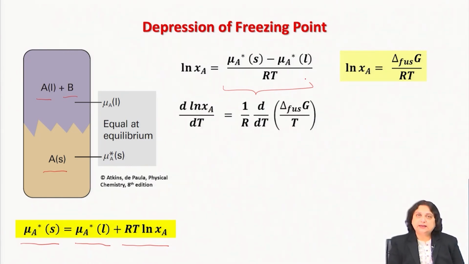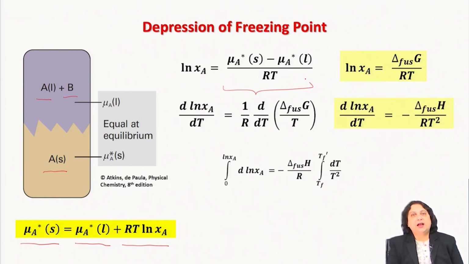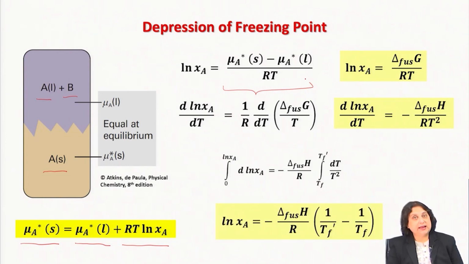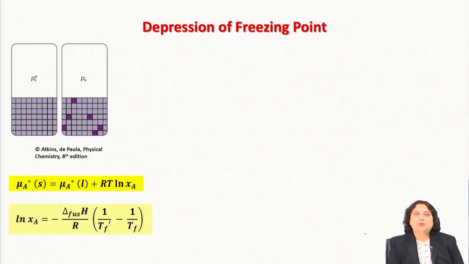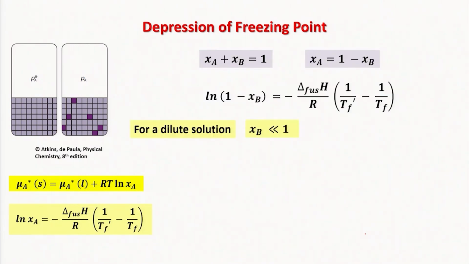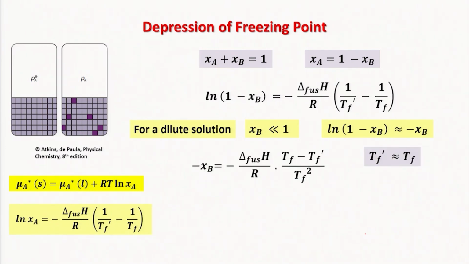And then if I take the derivative with respect to temperature and do an integration, what do I get? I get that ln XA is related to this ratio, and Tf prime is the new freezing point of the solution that is in contact with the solid A. And once again, I will replace XA by the mole fraction of the solute, and I would be able to say for a dilute solution XB, I can carry out a little bit of simplification,